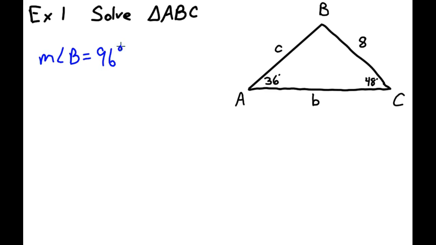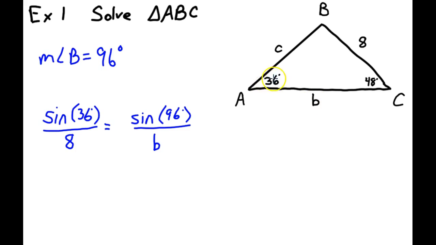Next we have to find side length B and side length C. It doesn't matter which one we solve for first, we can go for side length B. Now we're going to have to use the law of sines. Since we know the value of angle A and side length A, we want to use that ratio. So we're going to set up the sine of 36 degrees, which is angle A, over 8. Set that equal to the sine of 96 degrees, because that's what we found for the measure of angle B,